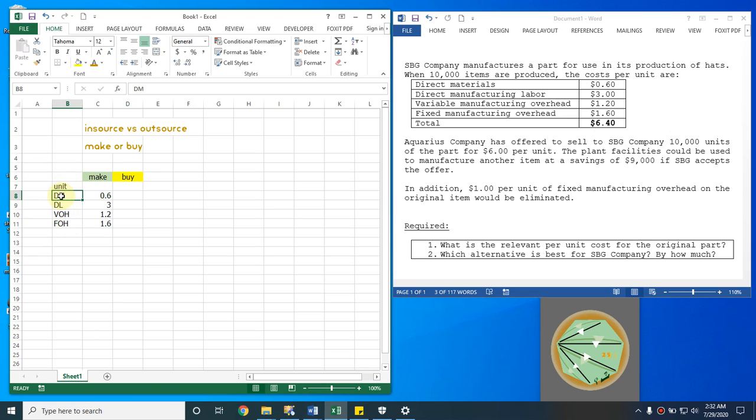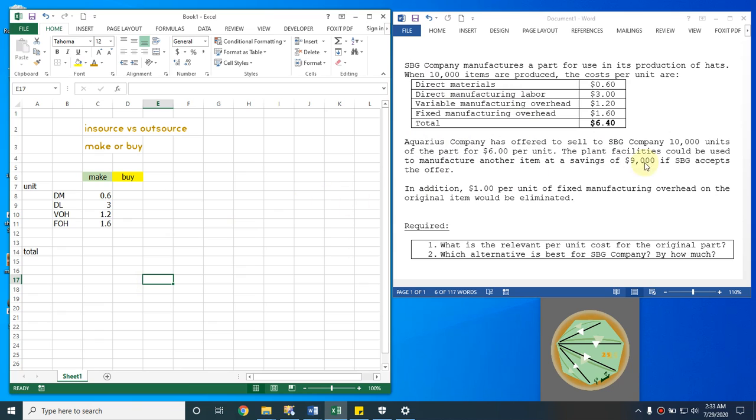However, not only the per units are considered in the problem, because we still have those that are expressed in total. Total, we have the total savings given below of 9,000. So we have to give room for this also in our analysis. We have again unit and total. Okay, and going to the other side before we go to the 9,000,